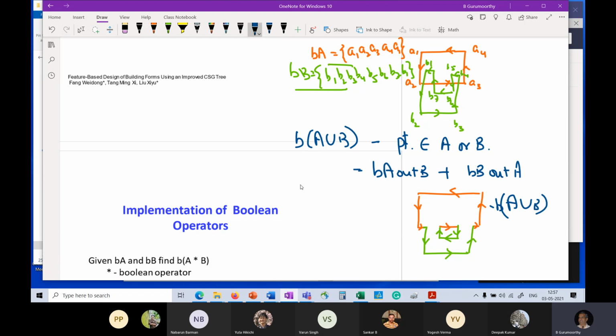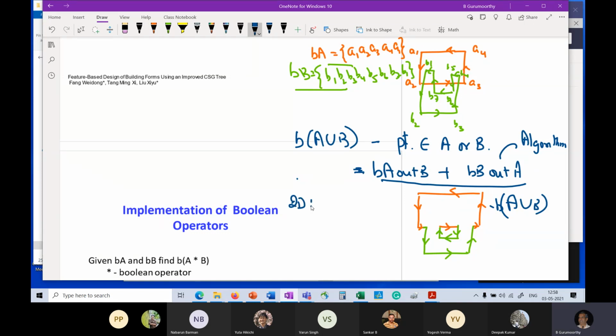Now, some of you, if you have put some thought to it, you could have come up with an answer by saying that every time I hit an intersection point between the two boundaries, I toggle, and I will get the correct result, right? Now, which is true, but what we have here is more like an algorithm that can be implemented. Why do I say that? Because in 2D,